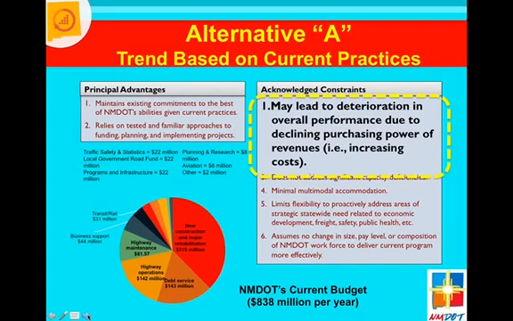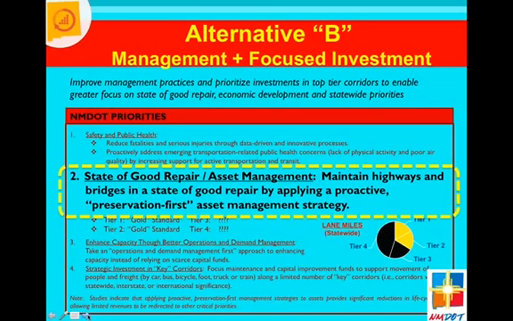So when we looked at all of these options, I think one of the things that we considered that was going to be a constraint with alternative A is that we may see some deterioration in our overall performance due to declining purchase power of our revenues. We decided to put all of this information on one particular card, even though I have it separated out into a couple of pages, but just to kind of show the picture of each of these alternatives as a standalone, and how they will be utilized in the development of our asset management plan. Next slide. As we move into alternate B,